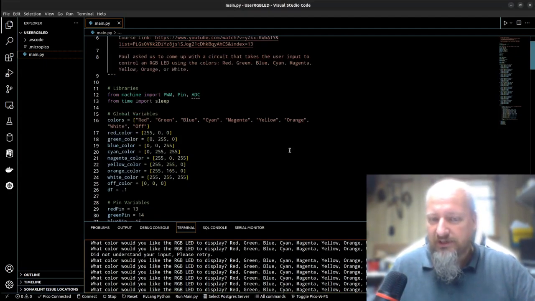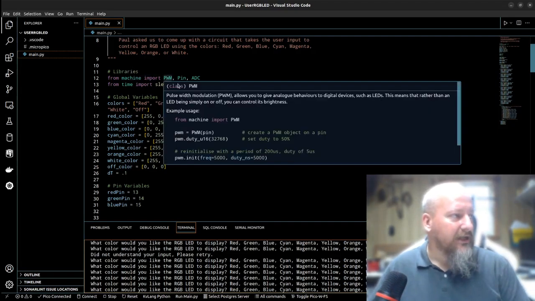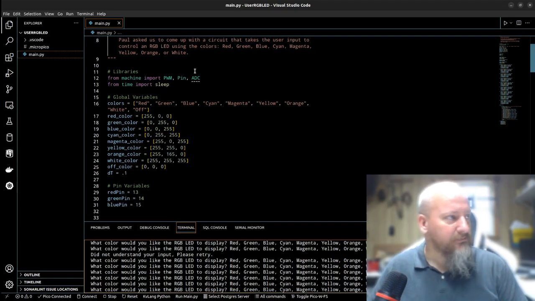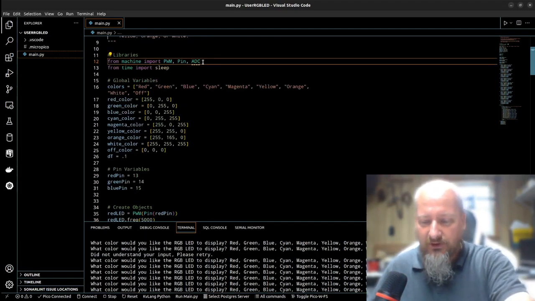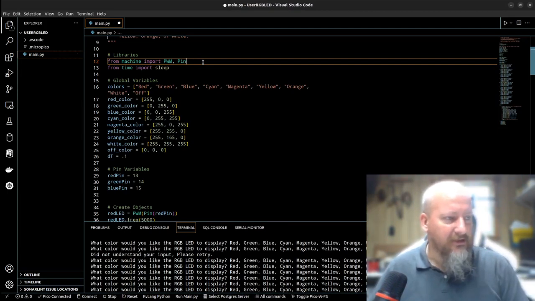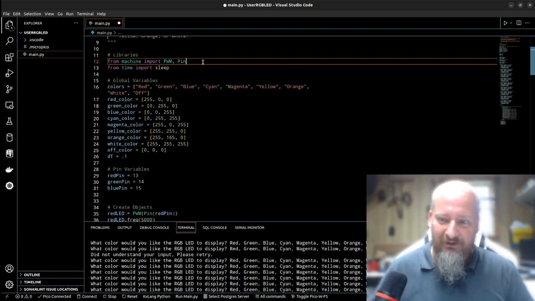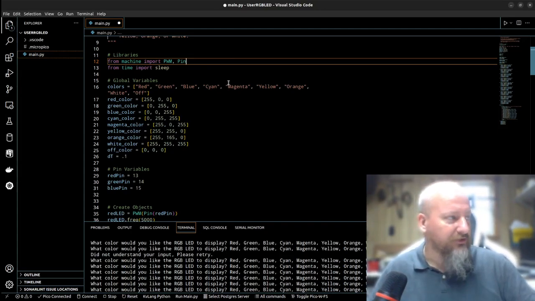I'll step through the first part, and then we'll get into the math. We imported our library machine and the classes of PWM and Pin and ADC. Oh, correction. I was trying something else. We don't really need the ADC. That was another little project that I was trying. Actually, Paul asked for the same thing I was going to do on lesson number 13, and I was already going to do it on lesson number 12 to be a little bit fancy. But let's go ahead and stick with what Paul wanted here on 12 first. So I don't need the